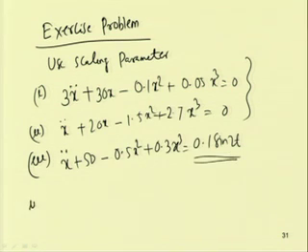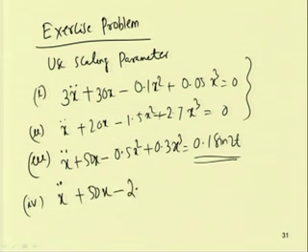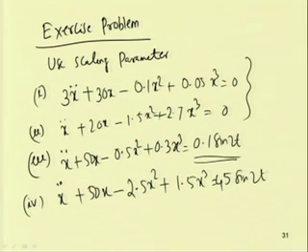One can write one more equation, that is for multi frequency. So, x double dot plus 50 x minus 2.5 x square plus 1.5 x cube equal to. Let us put a strongly nonlinear system, that is 45 sin 2t, plus, let me put another forcing term which is 5 sin 4t.